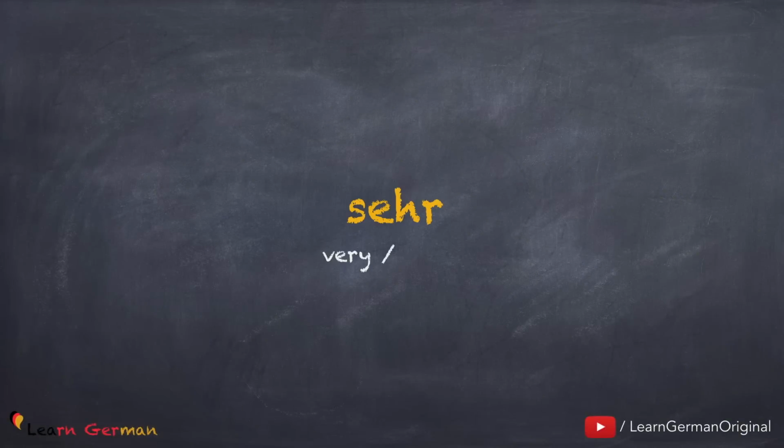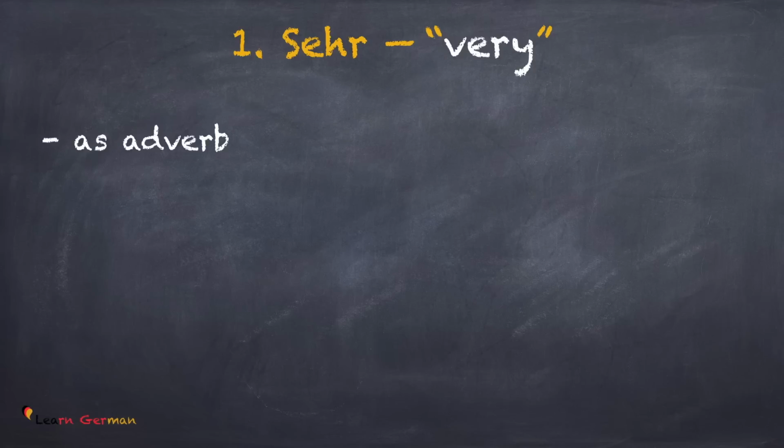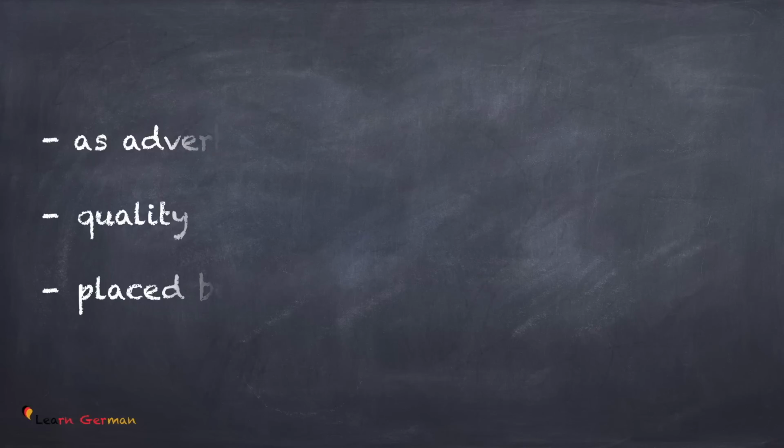Let's start with sehr. Sehr could mean very or a lot. The most common use of sehr in German is the same like you would use very in English. It is used as an adverb, it defines quality, and it is placed before the adjective. For example,